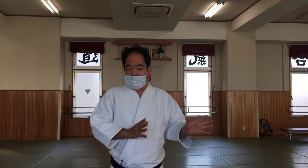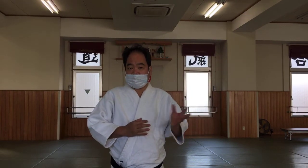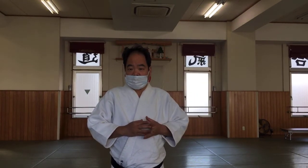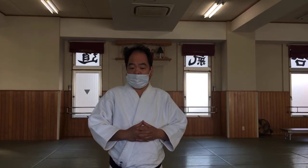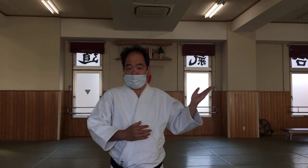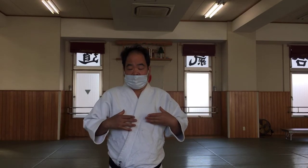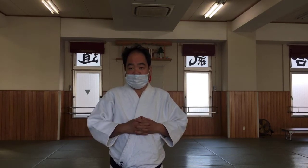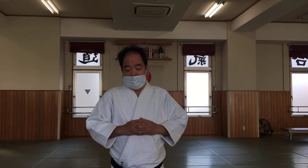A lot of these movements are not basics, but these ideas are inspired by my former instructor, the late Kancho Inoue Sensei, who introduced a lot of old techniques, and also by some of the great masters such as Saito Sensei of Iwama and some Daito-ryu instructors. These are the main source of my information, and I try to pick up some of the ideas which I think are really helpful to understand the present Yoshinkan